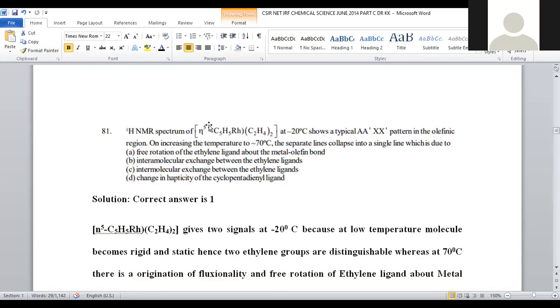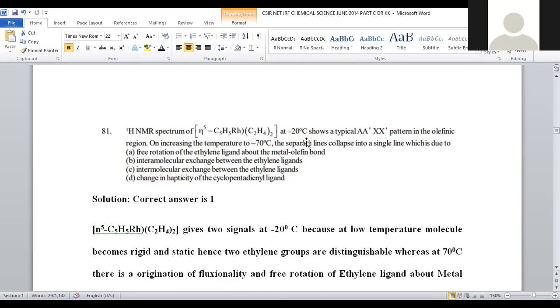Proton NMR spectrum of (η5-C5H5)Rh(C2H4)2, taken at minus 20 degrees centigrade, shows a typical A'A X'X pattern in the olefinic region. On increasing the temperature to 70 degrees, separate lines collapsed into a single line, which is due to...